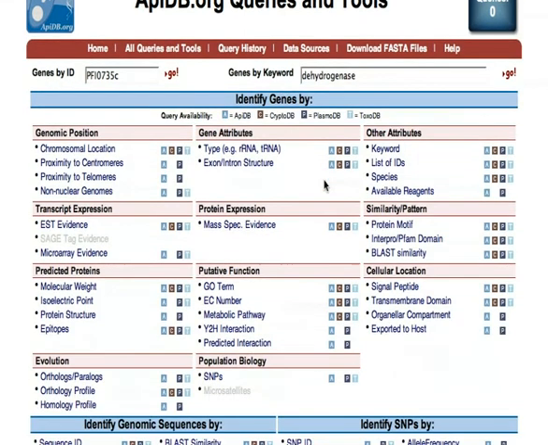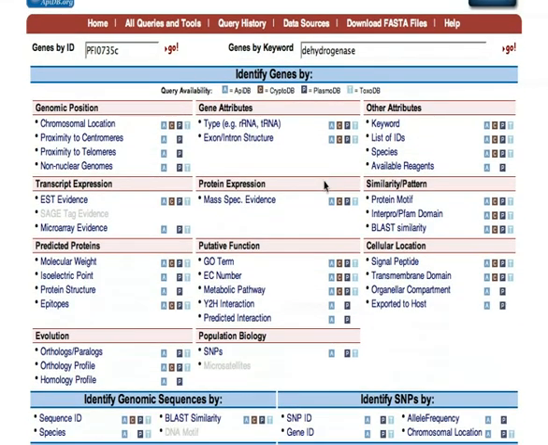Next on the page, the queries are presented in a tabular format. These are broken down into various categories, the first of which are queries to identify genes by various parameters. These parameters include the genomic position of the gene, attributes of the gene, whether it's a tRNA, a coding gene, an rRNA, the intron-exon structure of the gene, queries to identify genes based on their expression, either transcript expression or